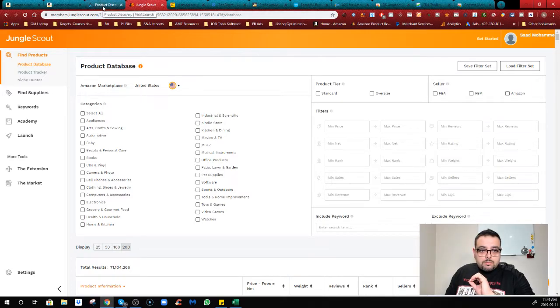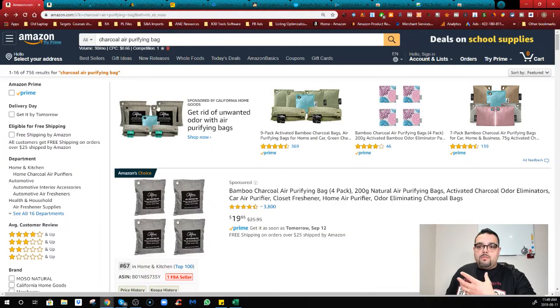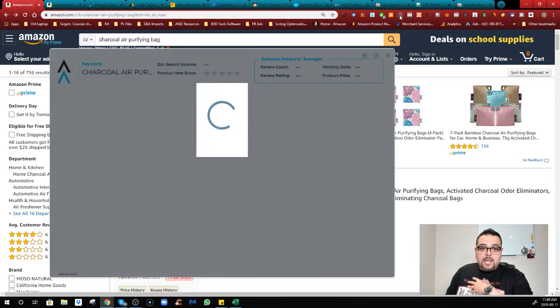Now, the same thing in these kinds of tools, they have a Chrome extension. So how the Chrome extension can be used: if you find a product, a chocolate refined bag, and you want to check the market very quickly, you want to see how it is before you jump into it and get more details about it, you just come here and basically you have the Chrome extension. So I have here the Viral Launch Chrome extension and I have Jungle Scout. So if I run, let's say, Viral Launch,